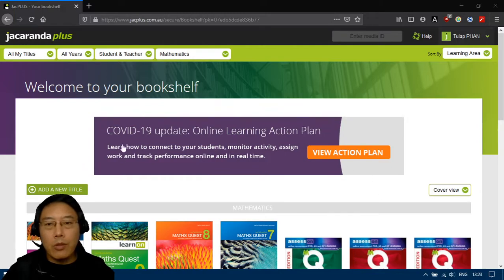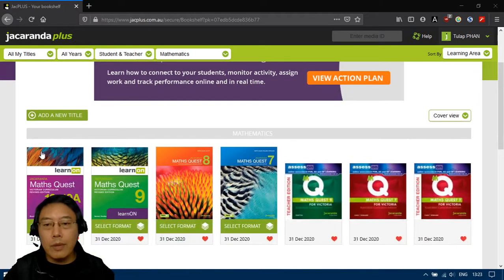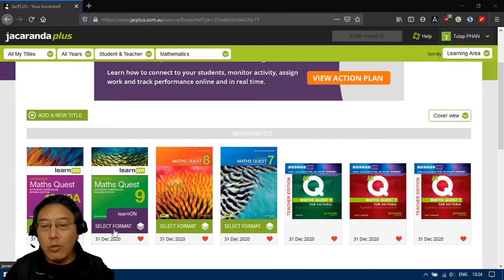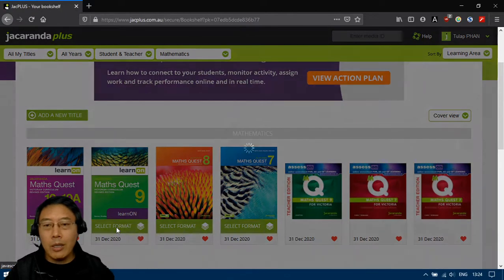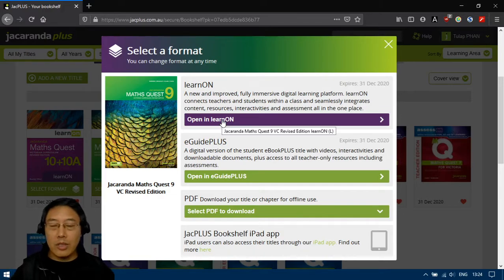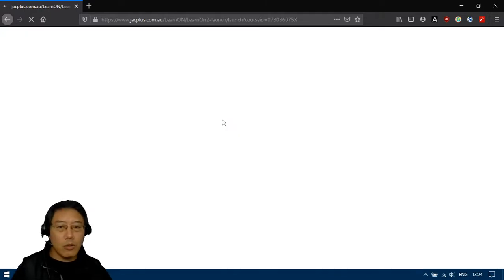So when you're on your bookshelf, when you select a textbook, so let's say we're doing year 9 maths, at the bottom you will choose select format, and instead of the regular textbook that students will access, you will open it in learn on mode. Students will have to do the same as well to receive their assignments or their assessment. So once we click on that,